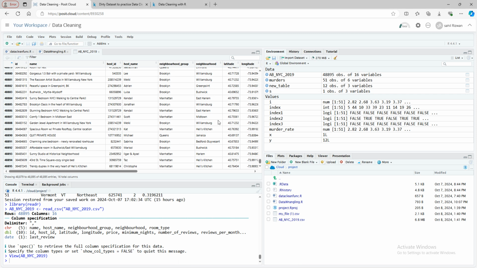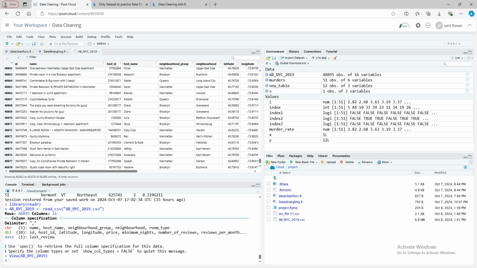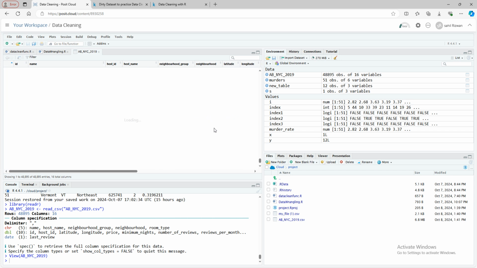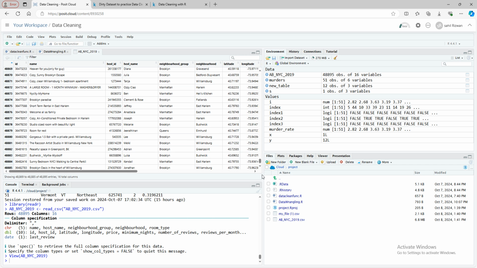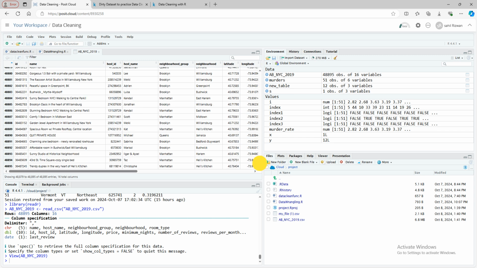Hello, what's up guys? In this video, I'm going to be showing you how you can clean the data set in R, using the basic data manipulation functions. So here I'm in RStudio, and you can see that I've got the Airbnb data set from